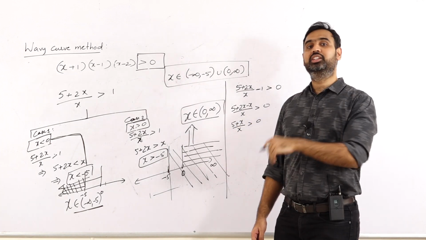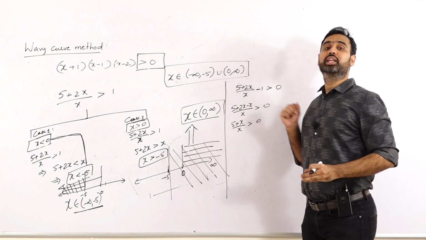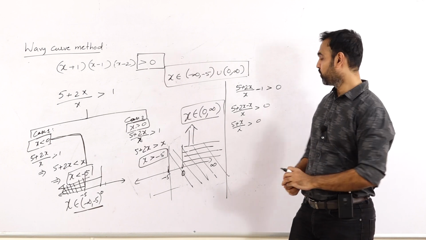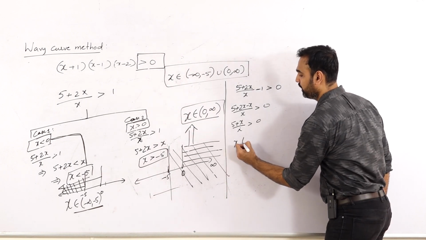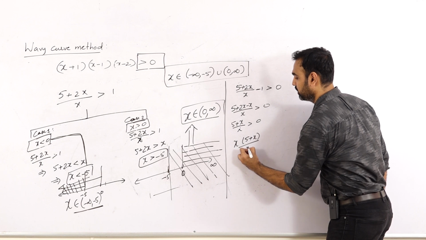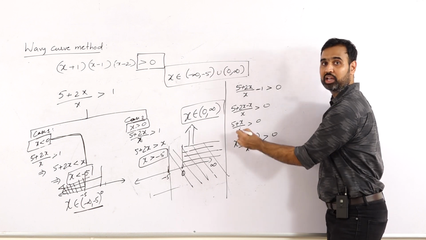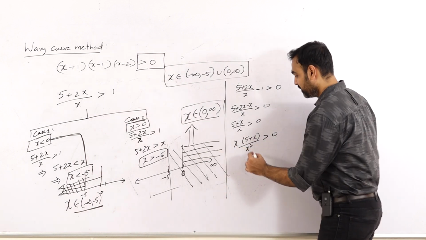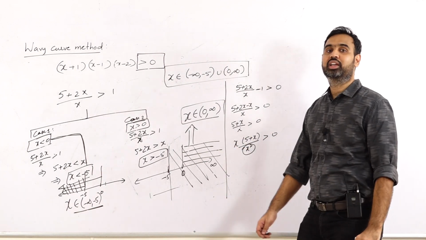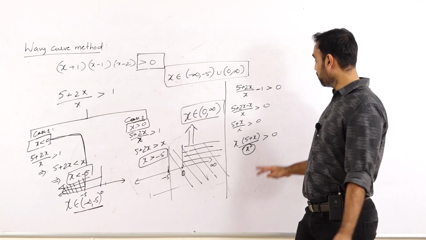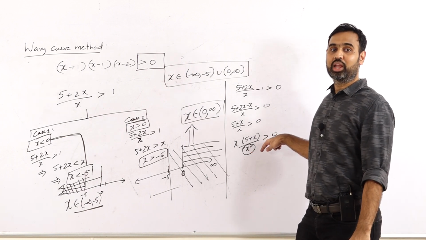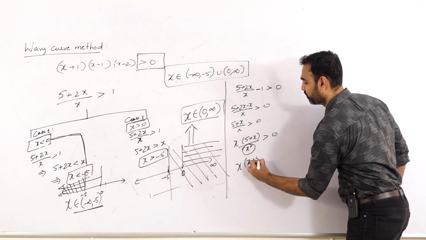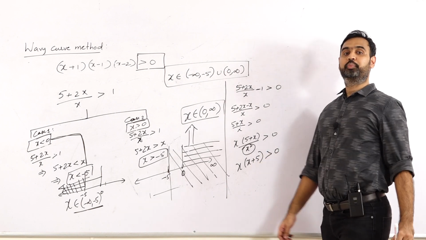Now again the discussion comes here whether I have to move x to the other side or not. You cannot, because you don't know whether x is positive or negative. So what I will do is multiply and divide with x on the same side. You can always multiply and divide with the same value on the same side. Now this value is x square, and when you get an x square term, you can shift it to the other side of the inequality because x square is a positive term. So you end up getting x into (x plus 5) greater than 0.